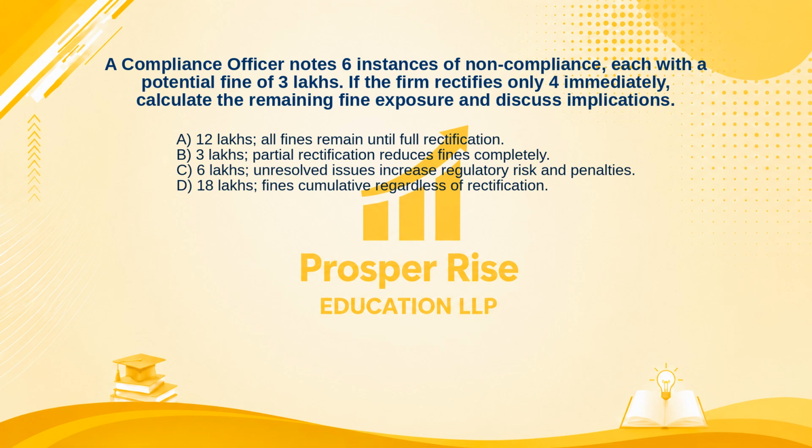B. 3 lakhs. Partial rectification reduces fines completely. C. 6 lakhs. Unresolved issues increase regulatory risk and penalties. Or D. 18 lakhs. Fines cumulative regardless of rectification. Take a moment to pause the video and decide. The correct answer is